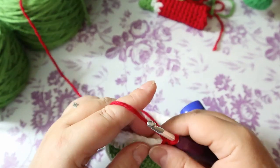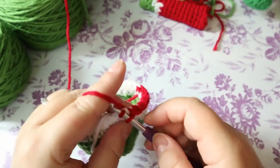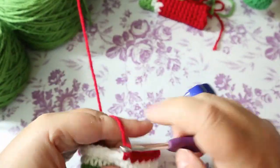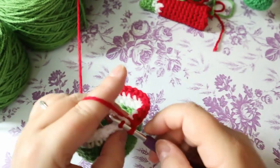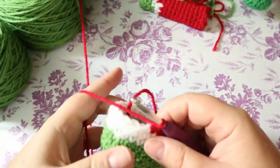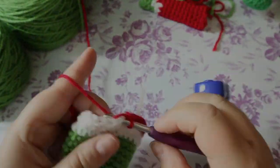Actually, no, not 2 rows. What am I talking about? 2 rows of 1 single crochet, but we're not changing from the red. Word that properly. I almost confused myself. So we'll start decreasing after this. So whenever you're comfortable cutting off your other color,